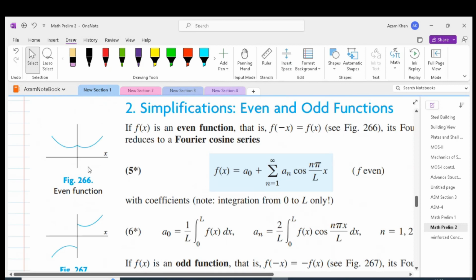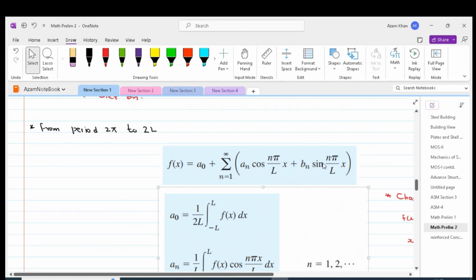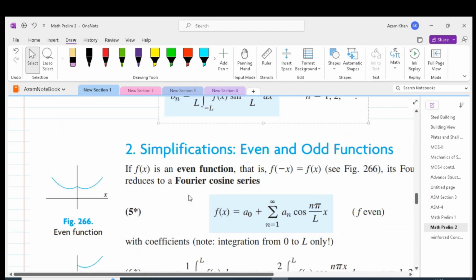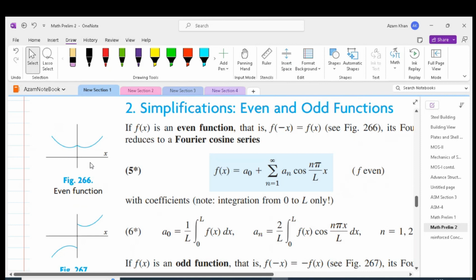Thus, in the case of an even function, we can eliminate the sine term of our Fourier series. And also, we can just take half of our period, which is 0 to L,